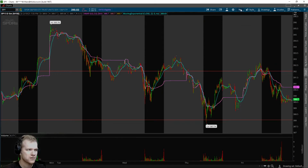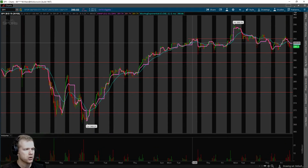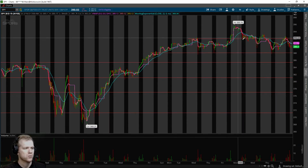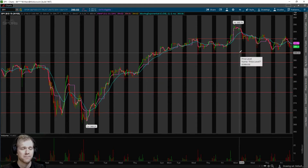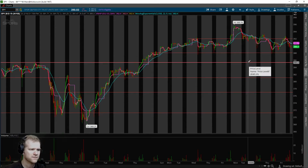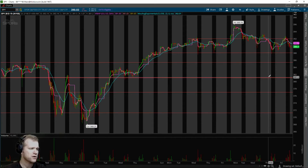If I zoom in on the SPY and take a look at the hourly chart, you can really see the volume nodes from 388 to about 392-ish is really where we're pinned in between now. If we do drop this 388, because look, we keep dip buying off of here, but the more we test it, the more worrisome it can become. If we break that 388, you'll have a little consolidation or resistance that should hopefully turn to support at 385. And if we do break that, look at 381